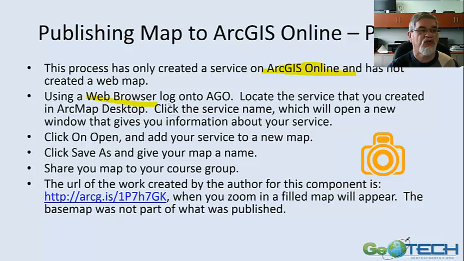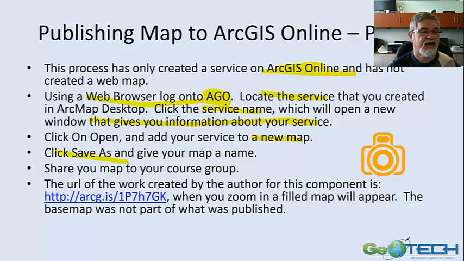Then you go to your web browser and you've got to log into ArcGIS. Again, that's where you have to have that same account that you logged in on your desktop with. You need to locate what you created. Should be pretty easy if this is the first thing that's ever been published to your account. And you want to click on the service name, which will open a new window that gives you information about the service. Then you want to open that service into a new map